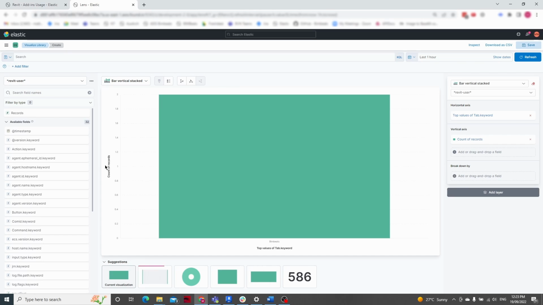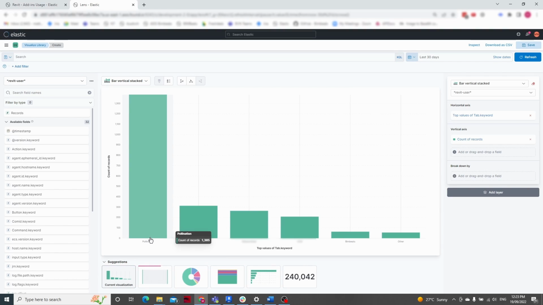If we do that, then looking at the last hour, we have two records of the Bimbeats add-in being used. If we extend this to say 30 days, we can now see that in the last 30 days, we have a lot more than just the Bimbeats tab being used. We've got these other add-ins, and right now it's grouping everything that isn't in these top 5 values